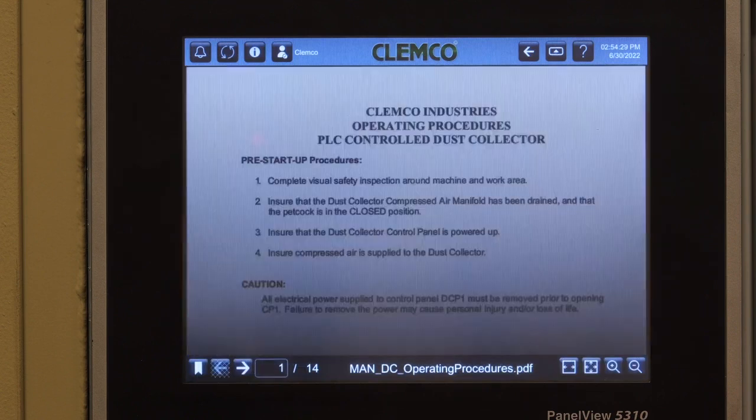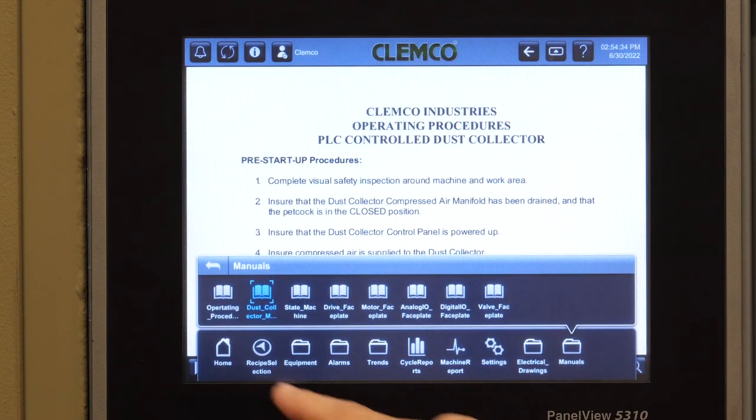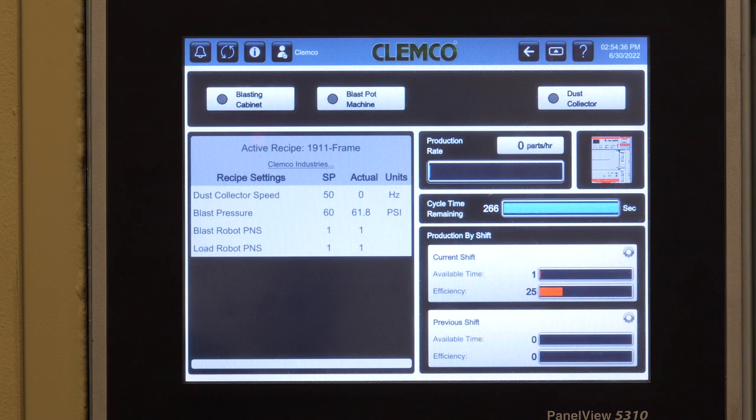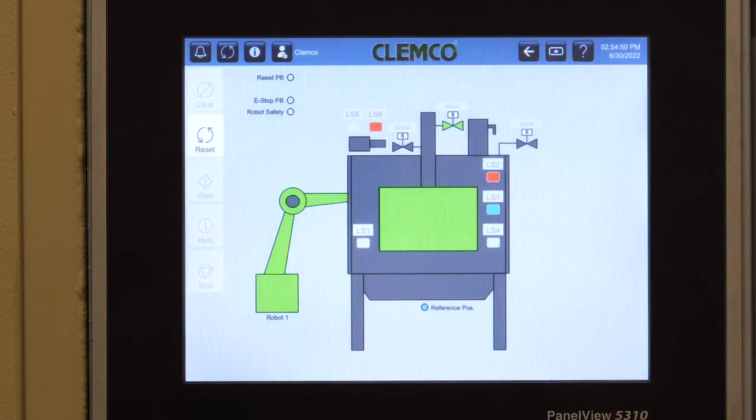Dust collector manual is in there as well. We'll go ahead and run a cycle, and we'll see the actual objects changing colors to tell us the state of it. So to run a cycle, you'll go to any of the equipment screens, and you'll see